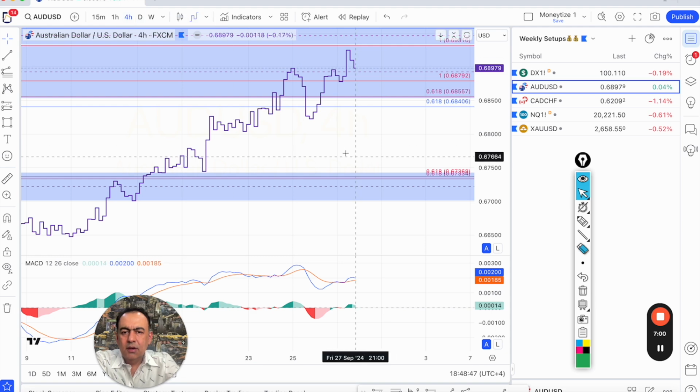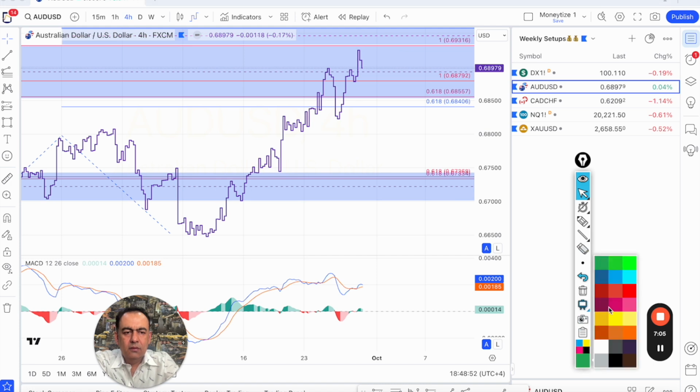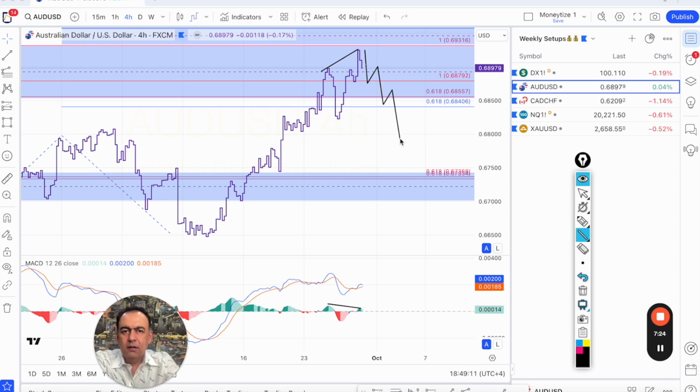Moving to 4H. Now yes, on the 4 hourly chart we got the bearish divergence, and if we get some correction here based on the weakness in the buyers, now this divergence means the buyers are exhausted. MACD histogram has given divergence, but the MACD lines have not yet completed the divergence. So once the divergence gets completed, I'll be expecting some short-term correction here, pullback, but I'm expecting that after the pullback, the buyers will regain the control around 0.6736 or 0.6750, and they should continue and take it to the